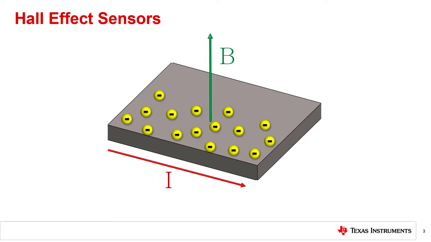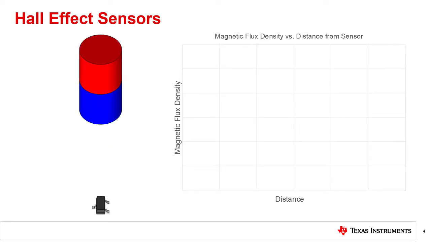The unequal charge distribution creates an electric potential perpendicular to the current which we can measure. This small voltage can be gained up and then used as an effective method to measure the field strength normal to the surface of the Hall element. The nature of the Hall effect is inherently one-dimensional and can be quite useful in various mechanical arrangements. As long as we take care to properly align the magnet and sensor, we can achieve position tracking anywhere within range of the selected magnet.